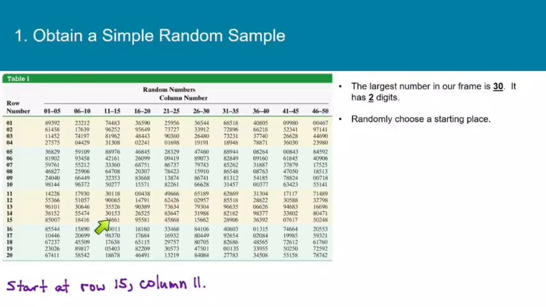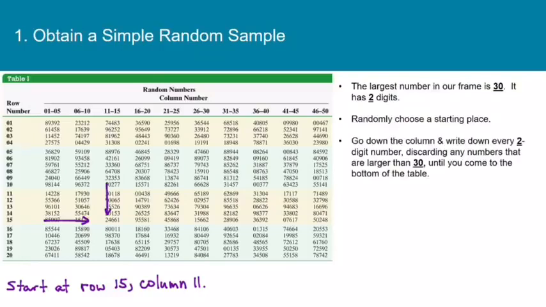And the way we do this is we go down, taking 2 digits at a time all the way down. And when we reach the bottom of the table, we just go to the next 2 columns and up to the top of the table and come down again until we have as many numbers as we need. So there's our starting place, and we're going to go down the column and write down every 2-digit number, and we're going to discard any numbers that are larger than 30 because those don't have any matches in our frame. And then when we come to the bottom of the table, remember we'll scoot over 2 columns and go back up to the top. Okay, so our first number is 24,